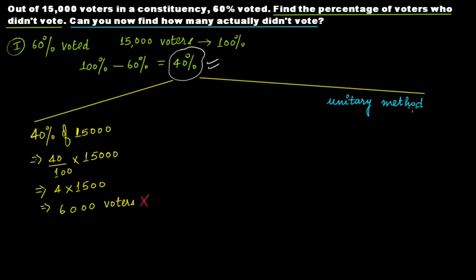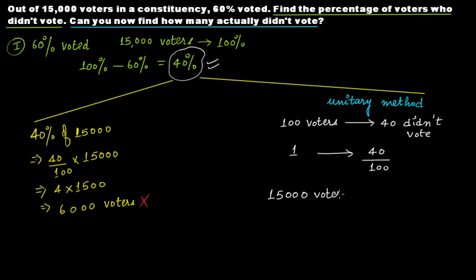How can you solve using unitary method? Now, clearly, in this case, 40% didn't vote. It means out of 100 voters, 40 didn't vote, right? So you calculate for 1, that is a unitary method, for 1, 40 over 100. Therefore, for 15,000 voters,